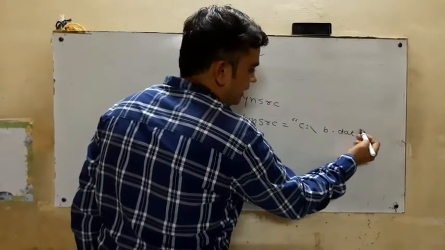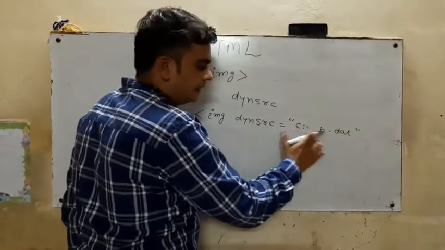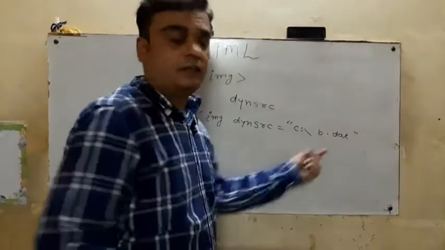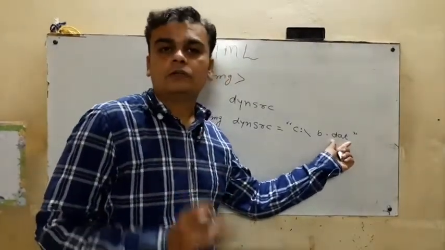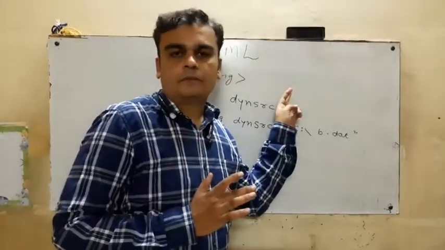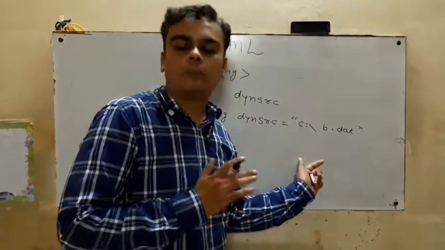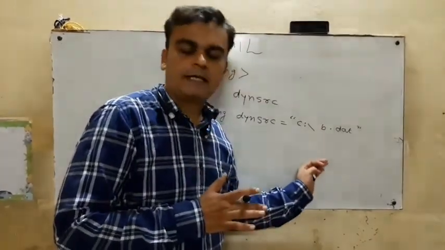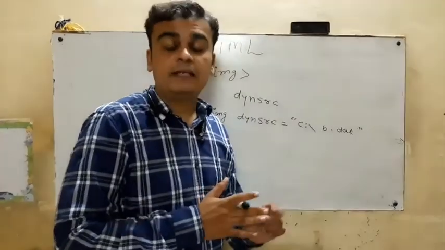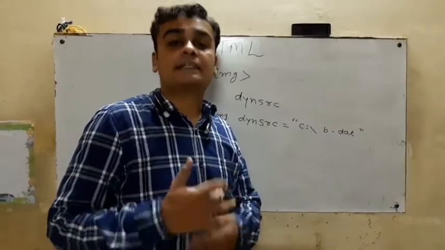Suppose I am using a dat file extension, so I can insert it like this: C drive, and the name of the file is, suppose, b.dat. So how can we check the video format? For that purpose, you have to select that file, press the right click button of your mouse and go into Properties. Whenever we click on Properties, the window will show you the name of the file along with its extension. So you can easily find out the extension of that file.